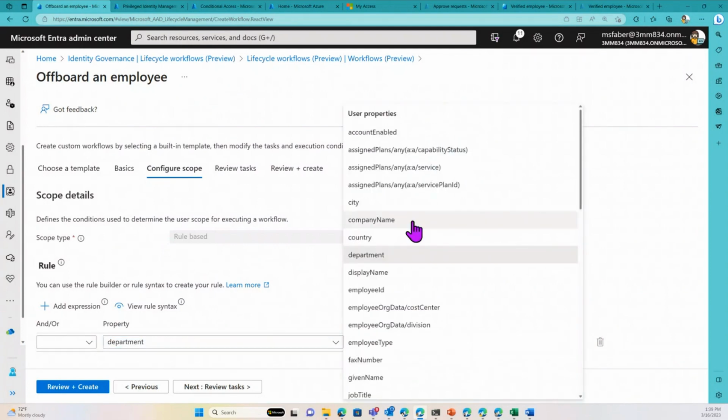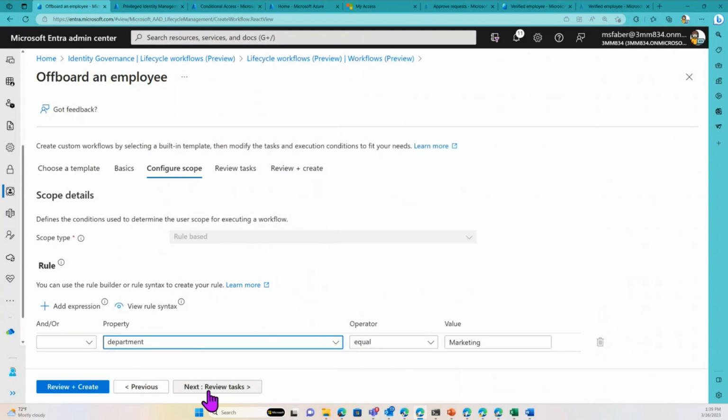And then there's other properties too. So you can even do a combination of expressions. So it could be maybe everybody that is for SOC team out of the US gets this package, or everybody that is SOC team and employee type is level 3 or whatever, then they get this other package. So you can do combinations like that,